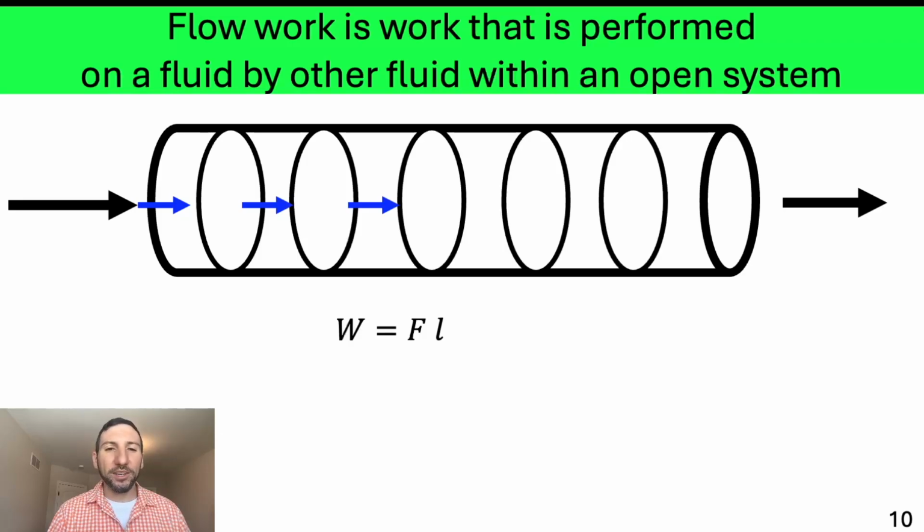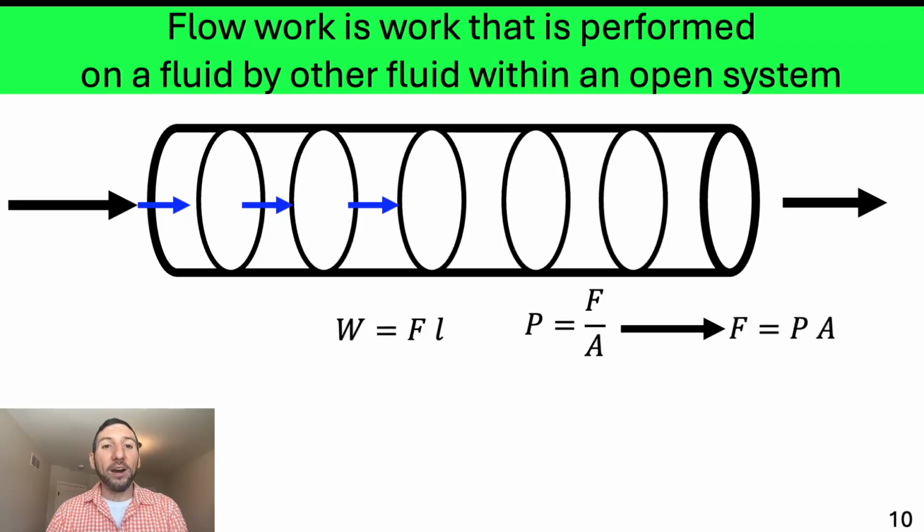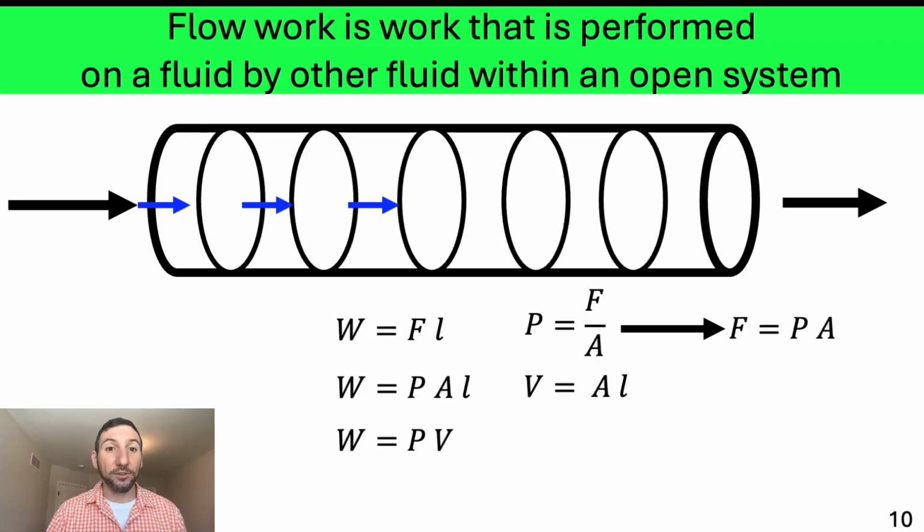Now, because we're dealing with a pipe, there's pressure in the system, and we can use pressure and force, relate those two together. We can say pressure is equal to force over area. We can rearrange so that force is equal to pressure times area. And now we can substitute that into our work equation, where it's pressure times area times length. And from here, we can take that area times length and set that equal to volume. And now we'll simplify our work equation a little bit more and say that work is equal to pressure times